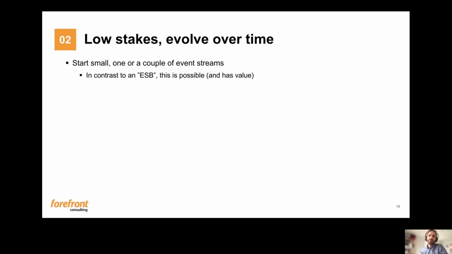We had to make this a huge investment and also a huge risk to take that step. And I don't see this as the same case. We can have only one topic, one event stream, that still has very much value, and that might be everything that you build, so to speak.